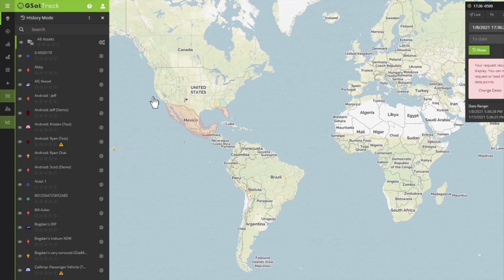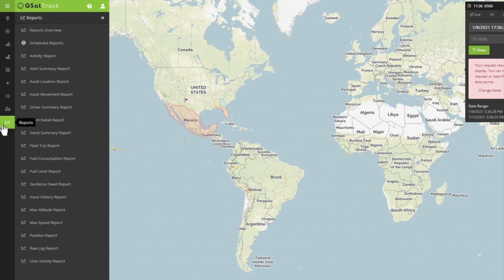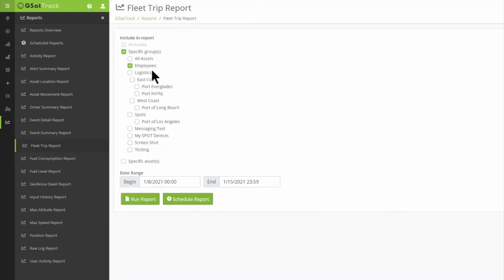Now, another way you can understand the information being provided, to see if there was any theft or unauthorized movement, is to come in and actually run a report. In this case, I want to know if there's anything happening overnight. And if I don't want that late night alert to trigger, maybe it's not quite as important, I want to let the insurance companies know first thing in the morning, I can go ahead and run a fleet trip report, which will give me all the information for those particular assets over a given time. I'm going to start by going